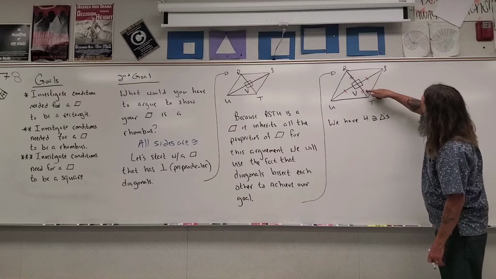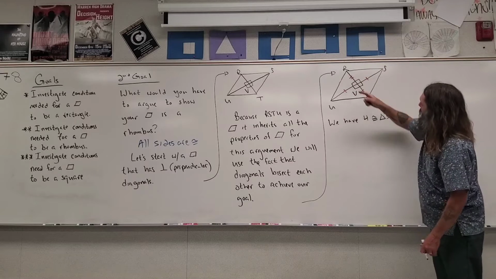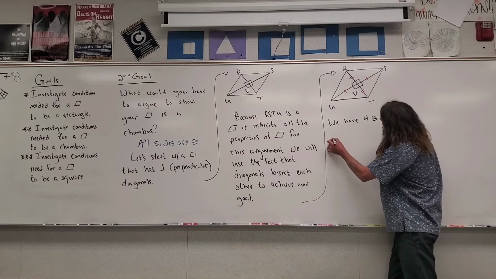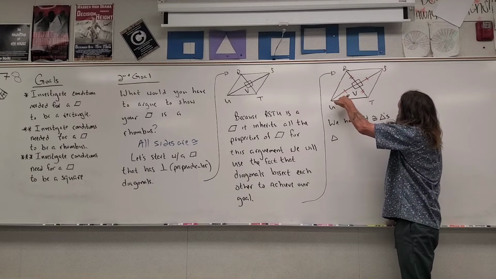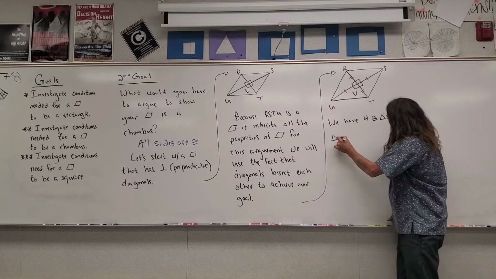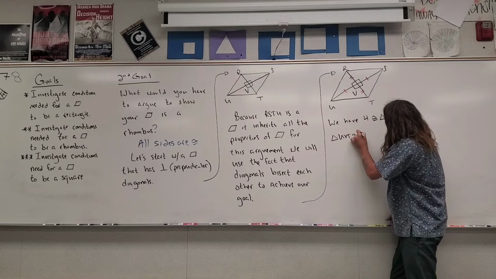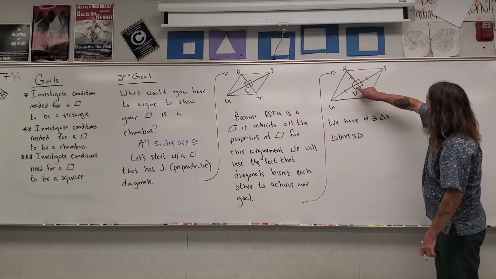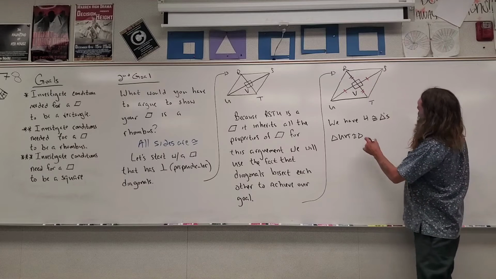So I could say that, going from the side of the 1 to the right angle to the side of the 2, triangle UVT is congruent to triangle, let's see, 1, right, 2, SVT,